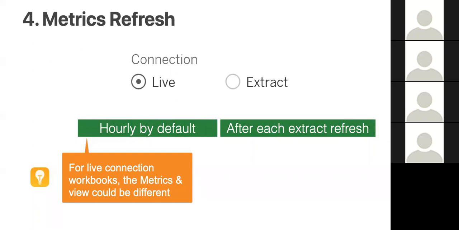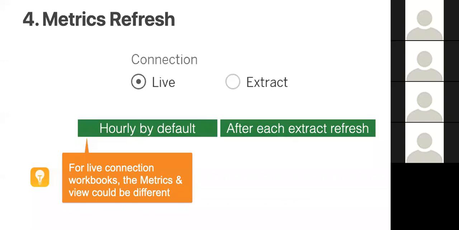If the view uses extracts on the server, very nicely designed, after each extract refresh, the view gets refreshed automatically. There are separate background jobs on the server that take care of this. Now think about the live connection. This is a very good design, by the way. Think about a live connection workbook. You got the metrics, which change only hourly, and you got a live connection